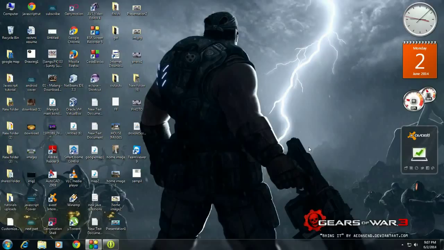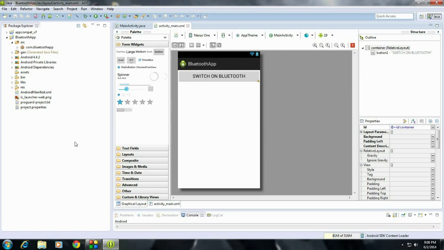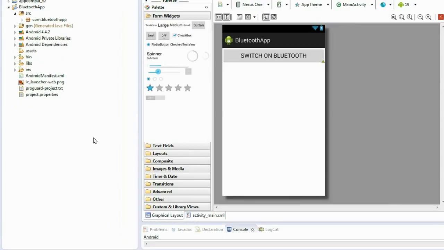In today's episode we are going to learn how to work with Bluetooth in Android. In this example I am going to demonstrate how to switch on the Bluetooth adapter on an Android device from an Android application. So open up Eclipse. Here I already created a project